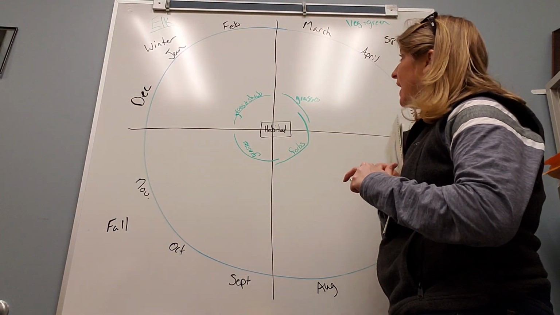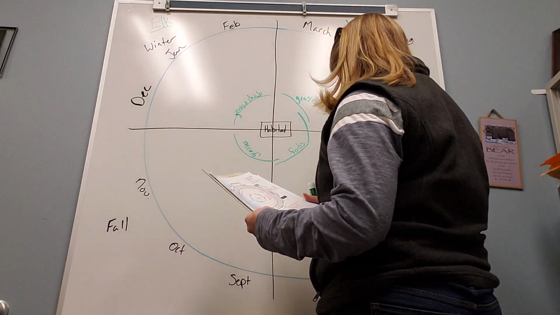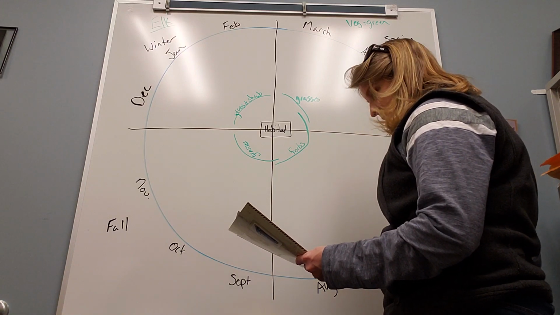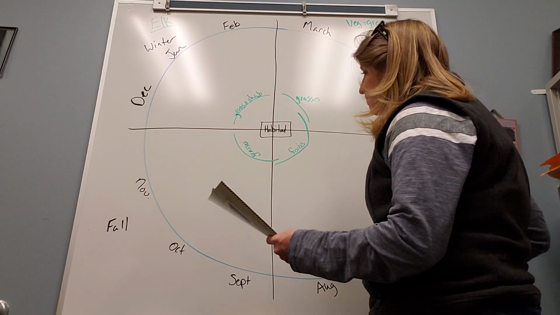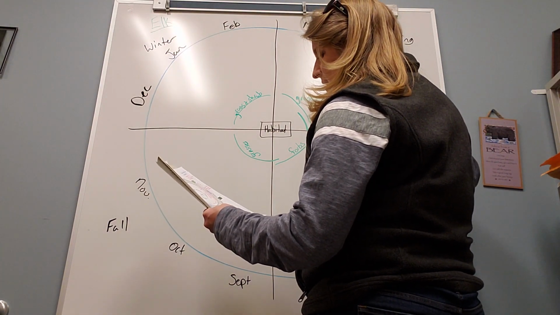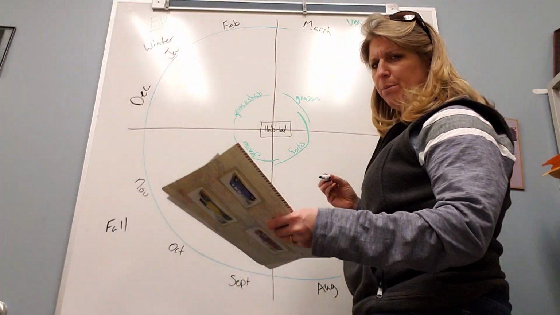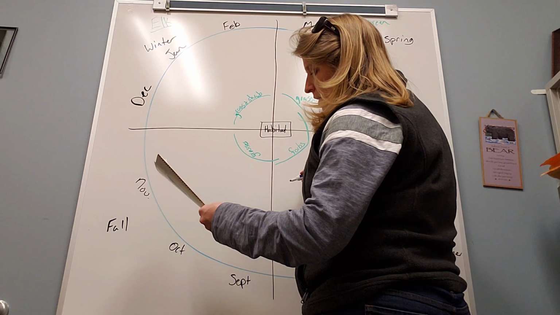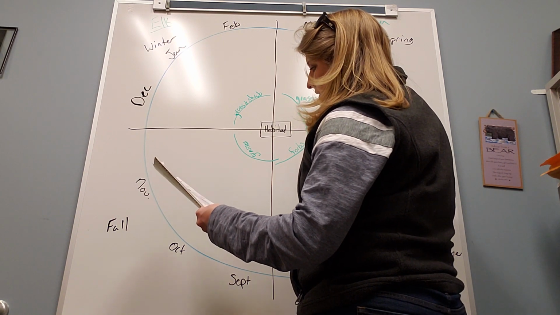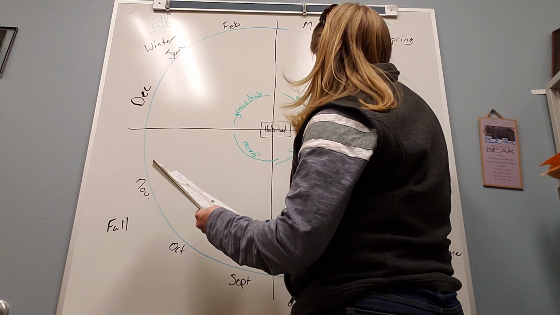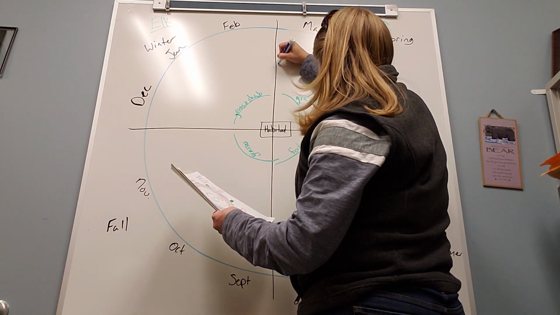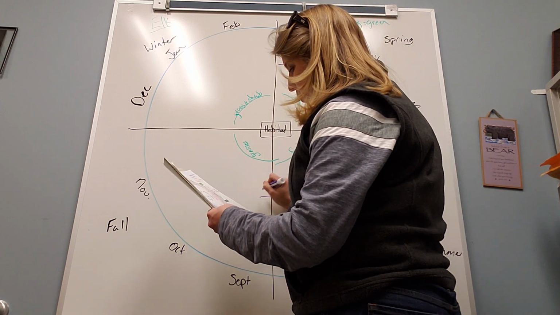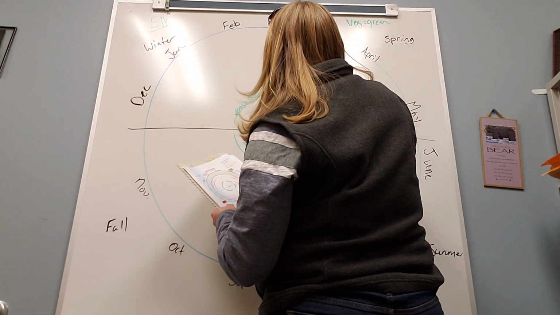The next thing we need to look at then is where the animal is on the landscape. So let's go ahead and use a different color for that. I'll go with purple. And so we seasonally are going to see them using different elevations and then different proximities to water. And I'll just lump all that in on one for this. So let's start with the springtime and summer. So in springtime and summer for elk, they're going to be using some higher elevation landscapes to stay cool. So we're going to say they're using high elevation